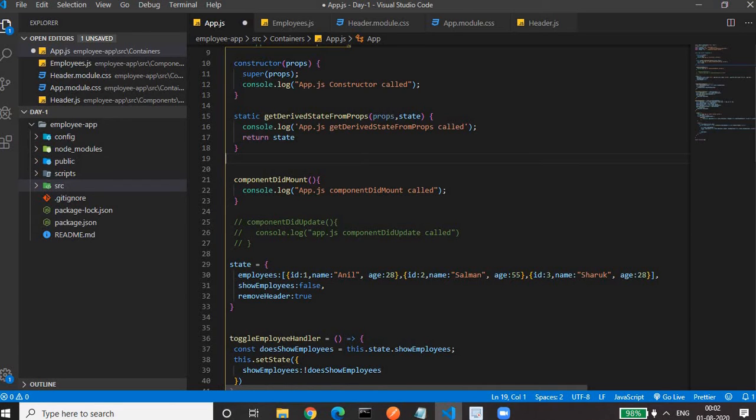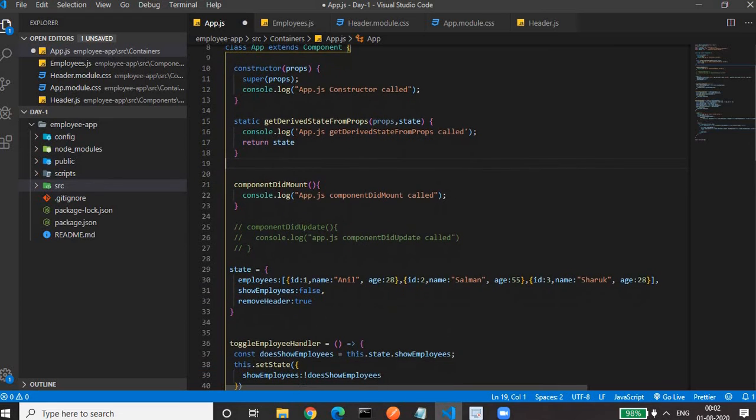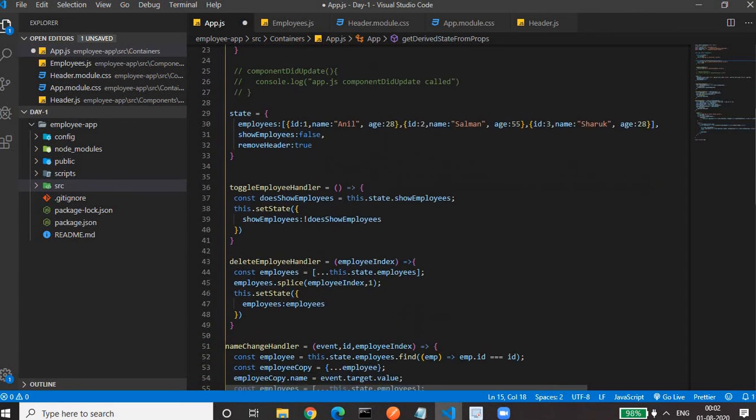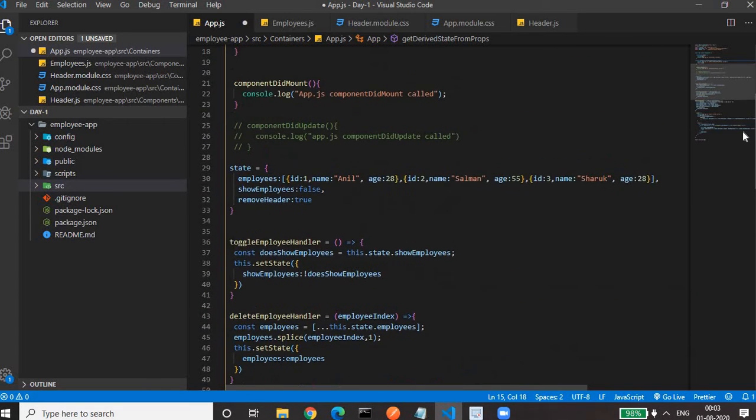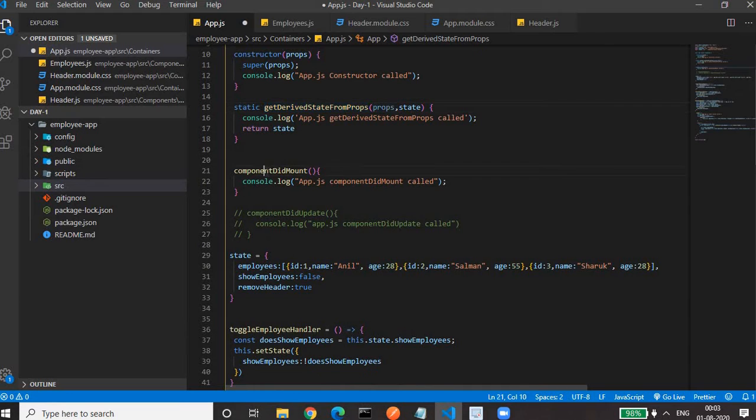And see, the sequence of this will be like when our component gets created, the sequence of lifecycle methods will be: first constructor is called, then this function get derived state from props is called, then render method is called. Okay. After render method, our component did mount is called. It's the final method. Let me save it.